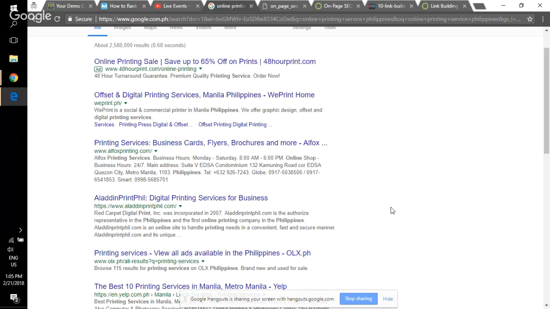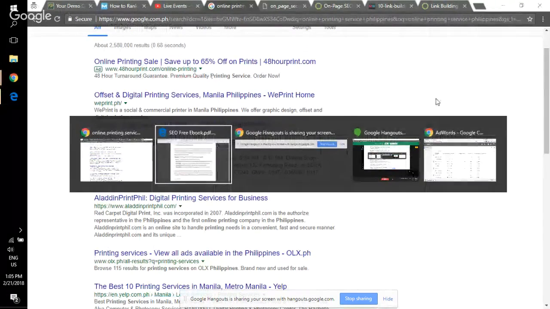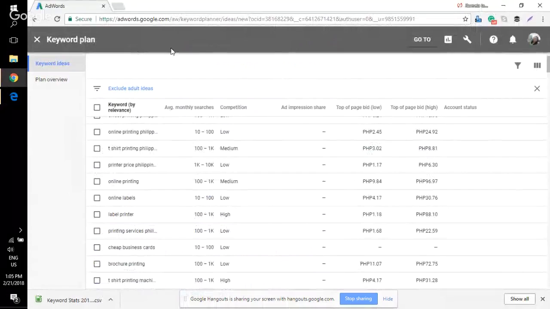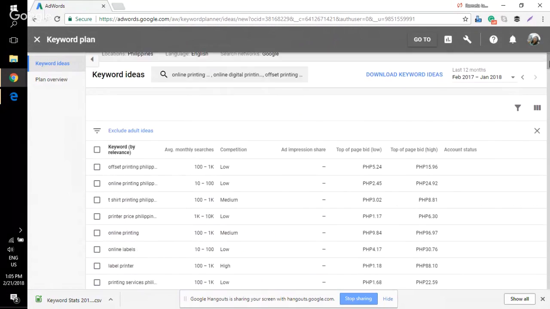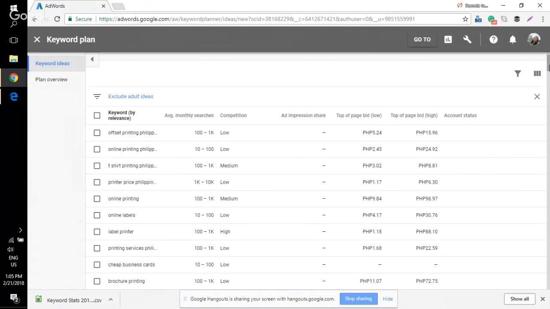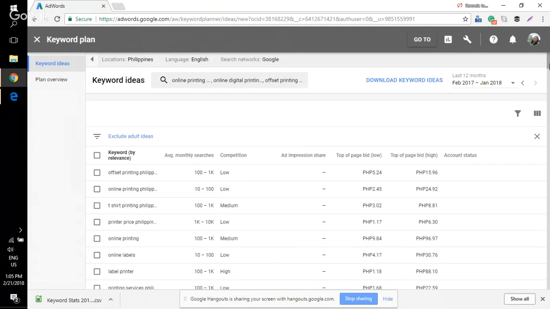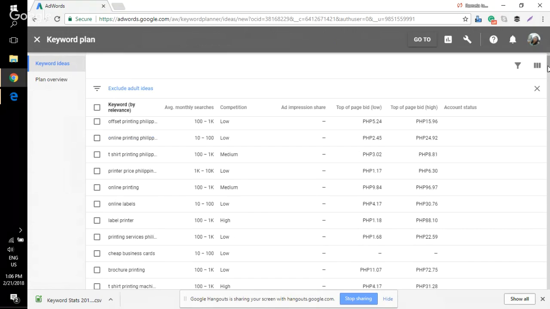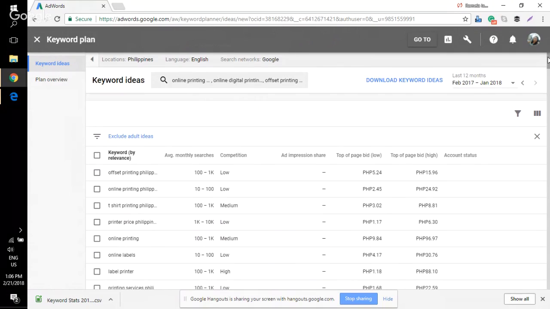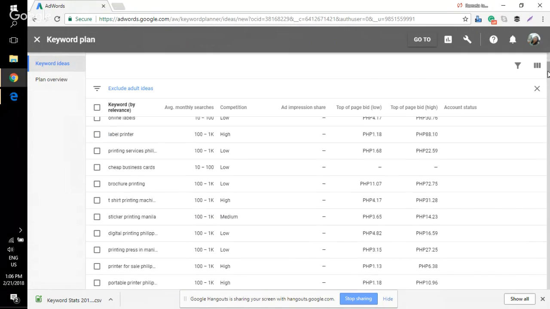So to give you some idea, I'll show you a tool that I use for keyword research. So this is the AdWords Keyword Planner. It's just a free tool by Google, and it's mostly used for running an AdWords campaign, so paid ads. Google has already revamped this tool many times because they want to serve people who are ready to launch paid campaigns. It's not really intended for keyword research for SEO purposes, but since it is a free tool, you can still gain a lot of